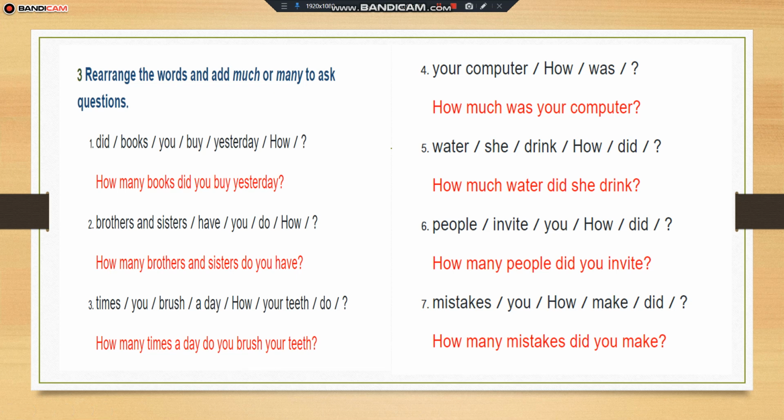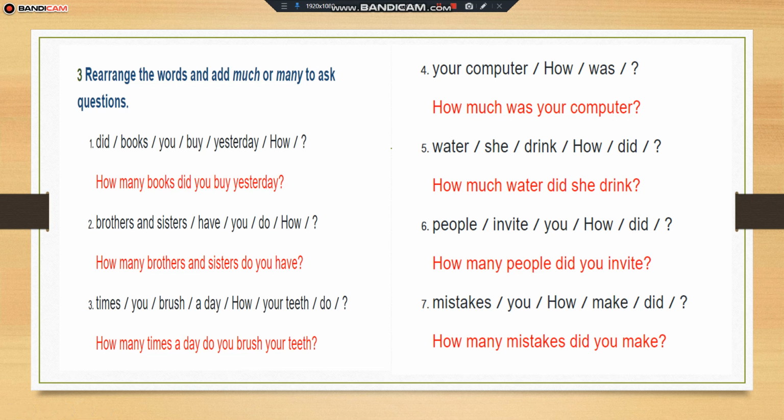countable nouns. Okay, do you have؟ okay يا شباب، do subject base form of a verb. Okay, this is present simple, but this is simple past. هي did، هنا do. Okay، طيب نيجي على number 4 مثلا، بحكي لك أو 5. خلينا 4. Your computer how much was your computer؟